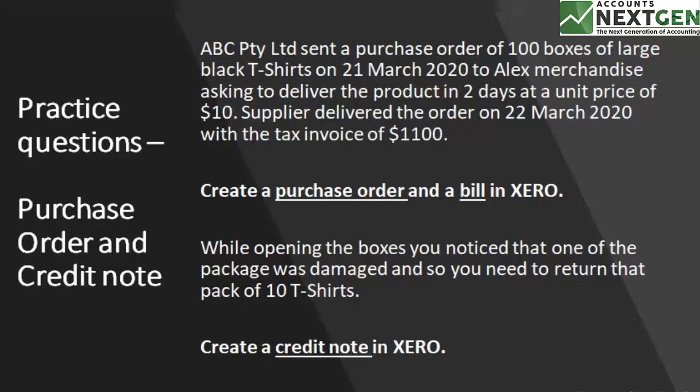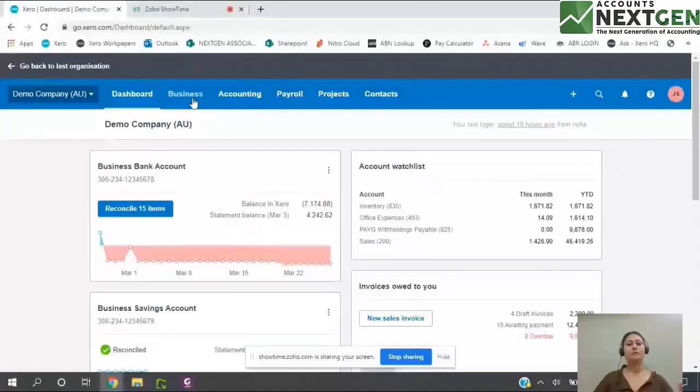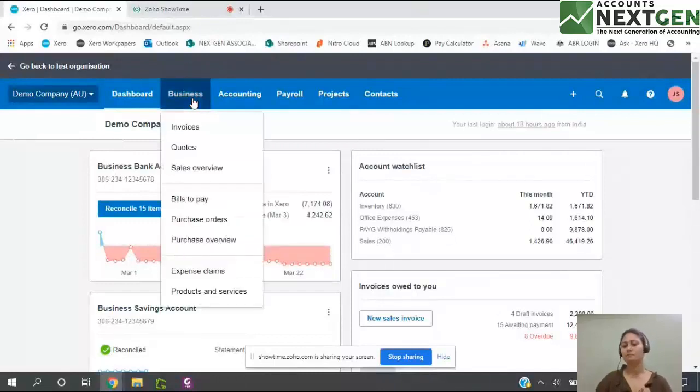So we are going to now book this in Xero, okay? From the business menu, I'm not sure how many of you already are using Xero. So this is your menu, and from the business menu, you have to choose bills to pay. When you add any operating expense directly, you use bill to